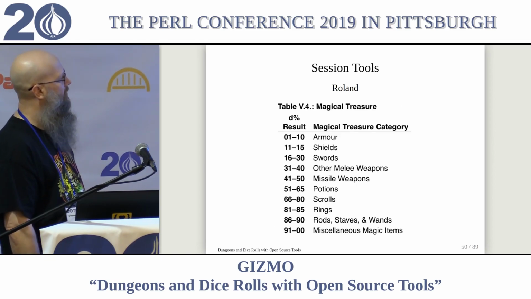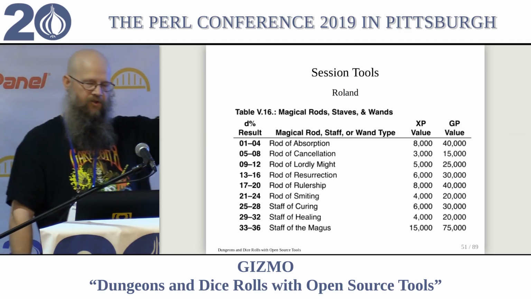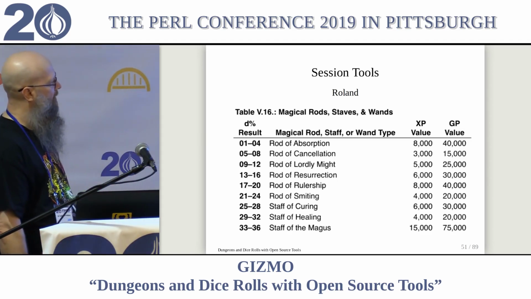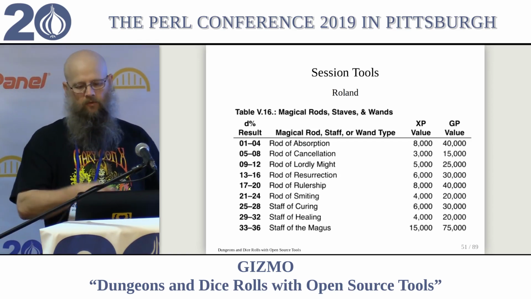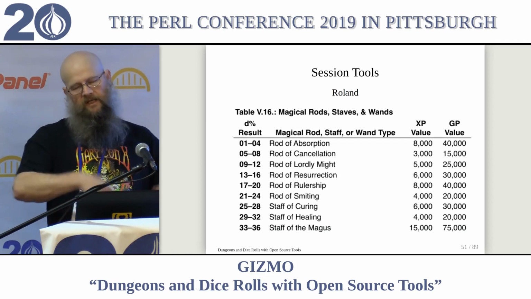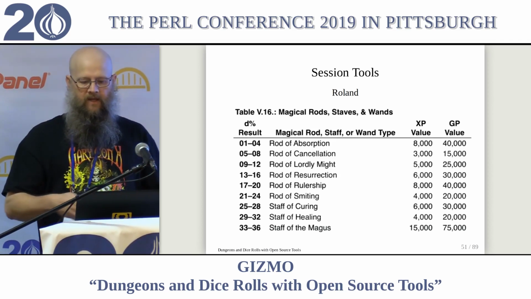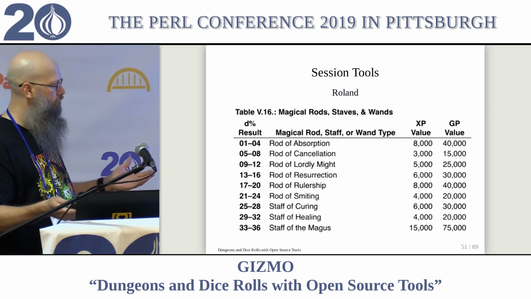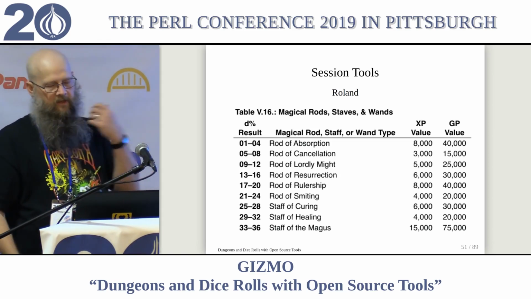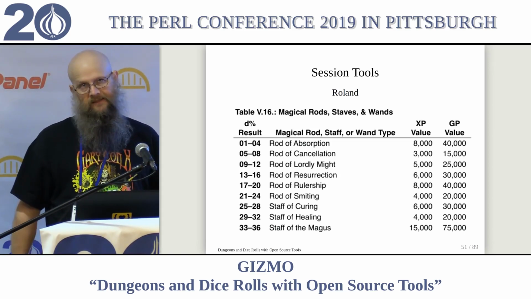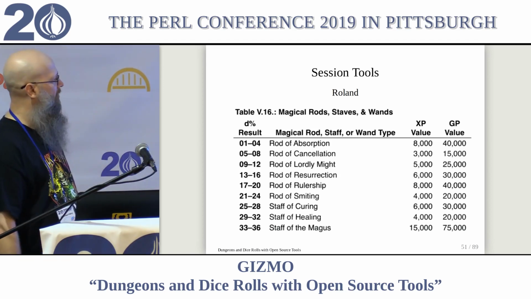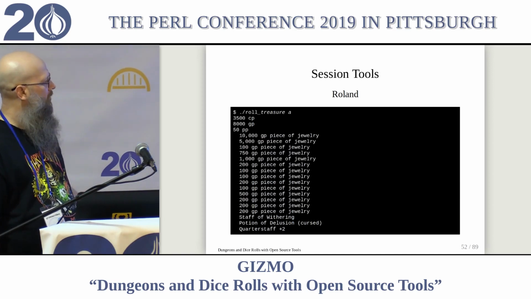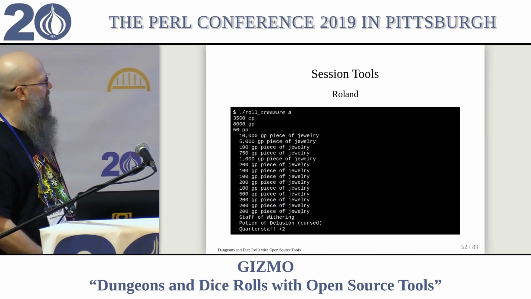And then you go into that table and you get, you know, this is kind of the entry of tables to roll on. And so what I did is I used Roland: I created the table so Roland can know what to do, and then rolled it. Assuming you're comfortable, with computers, it's not that great a random number generator. Typically, it depends how comfortable you feel with the entropy it has. And so I created Roland to roll on treasure tables for me, so I can just type roll treasure A, and here's the loot.